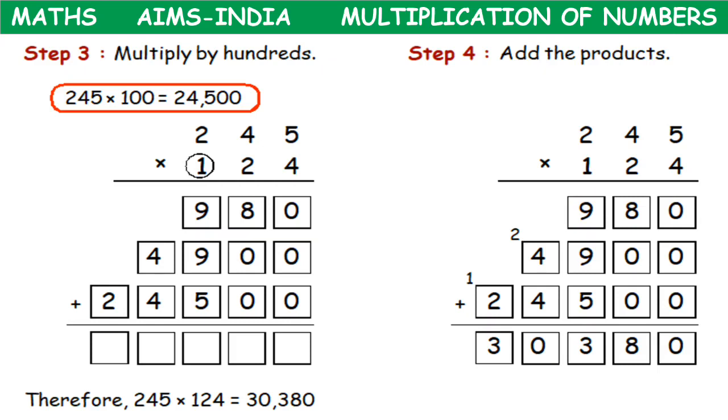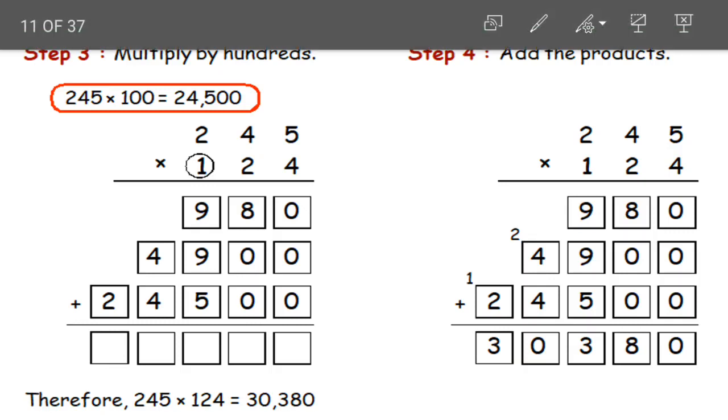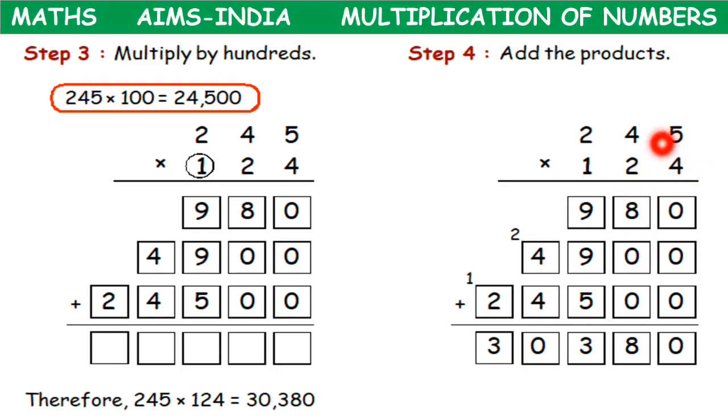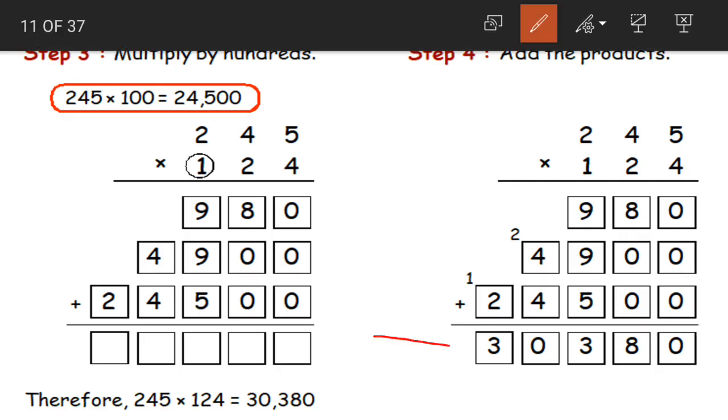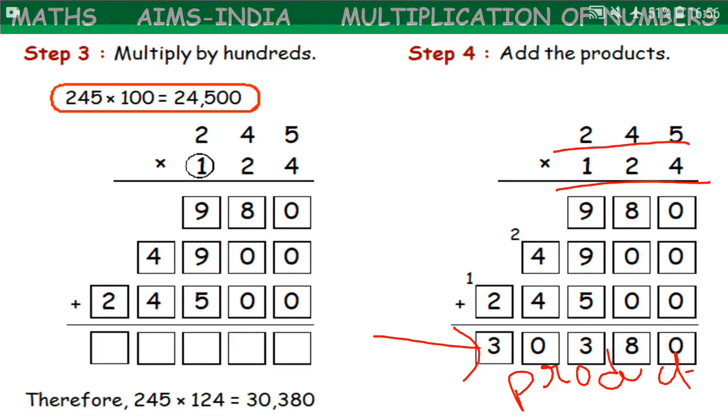It is simple, right? Just as we multiply other smaller numbers, we need to follow the same steps. Yes, first multiply with ones, then tens, and then hundreds. While multiplying with tens, remember to start in a new line and place 1 zero before writing the product. And while multiplying by hundreds, again start in a new line and place 2 zeros. After we get the partial products, add them up so that we'll get our final answer. 30,380 is our product of 245 into 124. Clear children?